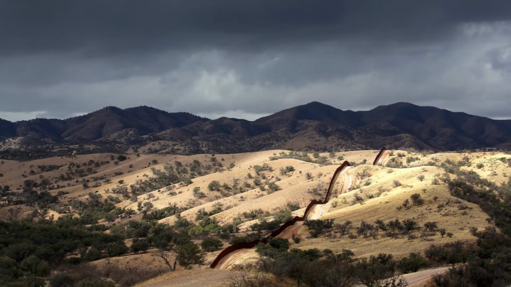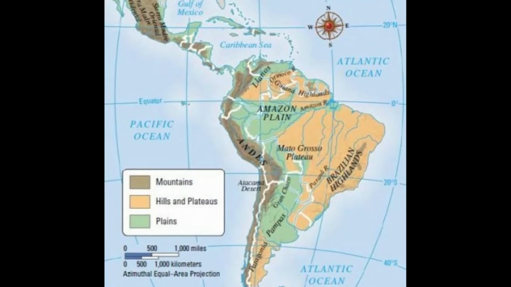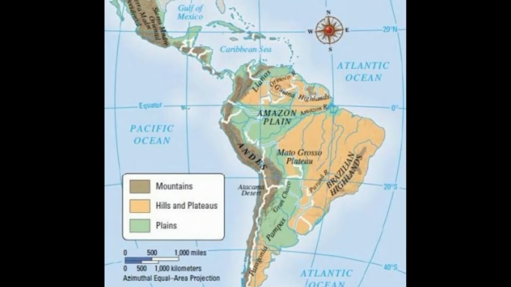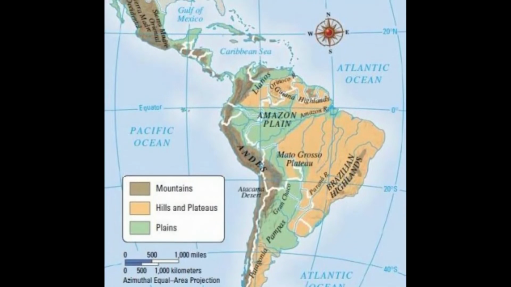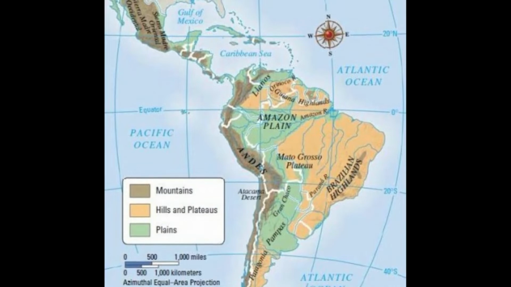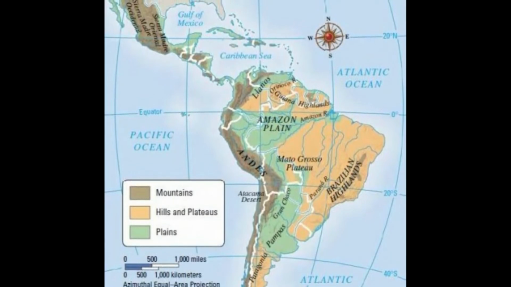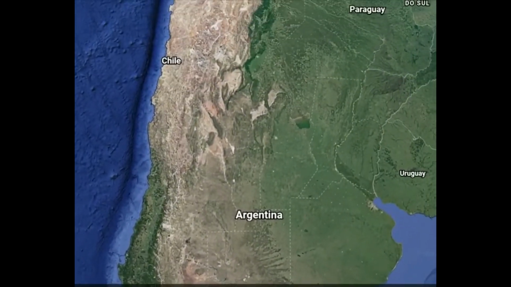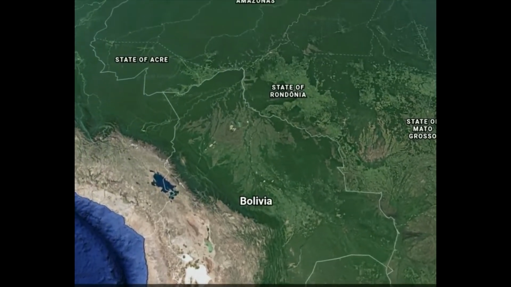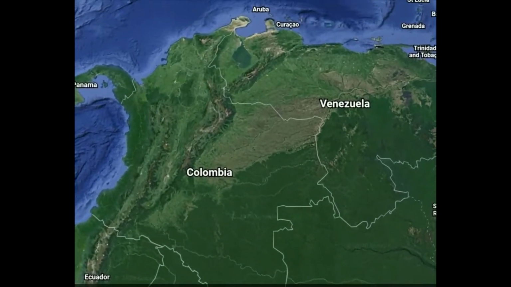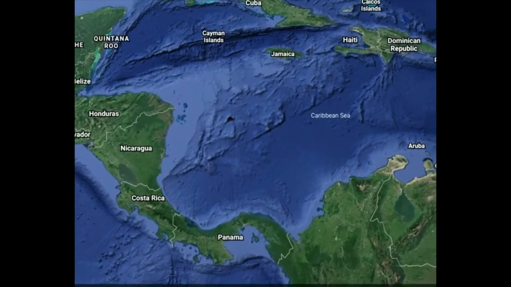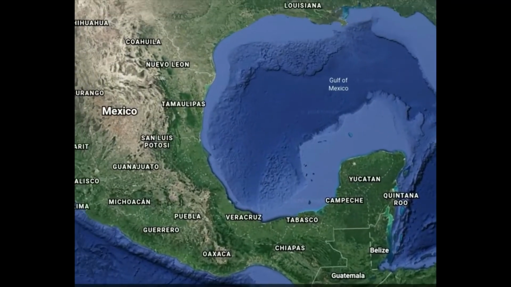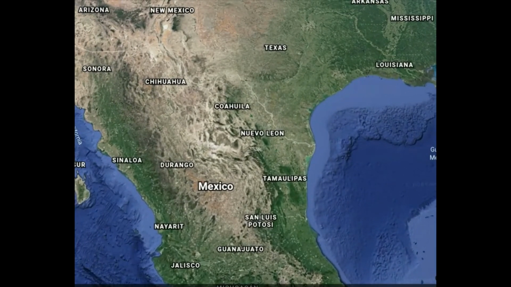So before we move forward for the next few weeks, let's orient ourselves to the map, because we need to have geography take us through and figure out what it is we're going to be talking about, where we're going to be talking about, and why this information is so important. So let's orient ourselves to South America and let's take a look at the geography of the region. For the purposes of our lessons, our borders are going to extend all the way from the tip of South America. We're going to travel through the vast expanses of South America. We'll head east to the waters of the Caribbean and then head northwest until we reach all the way to the US-Mexico border. We will learn about societies that flourished in difficult and varying landscapes of the region.